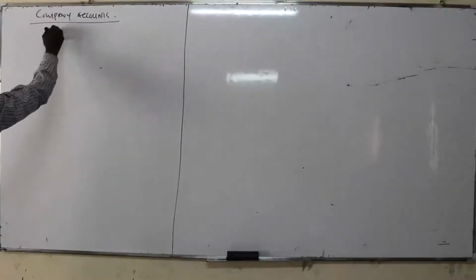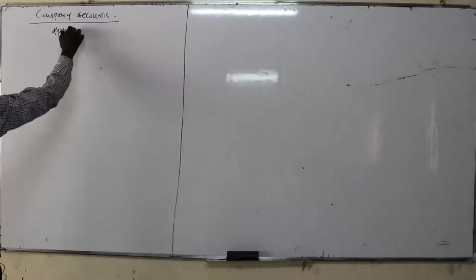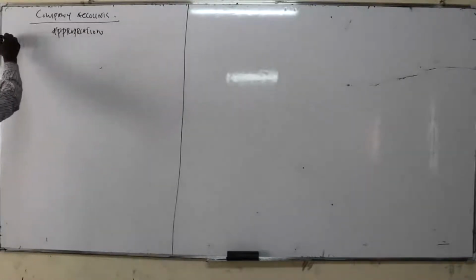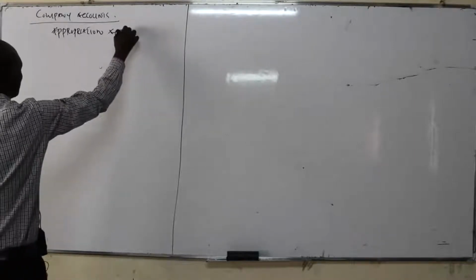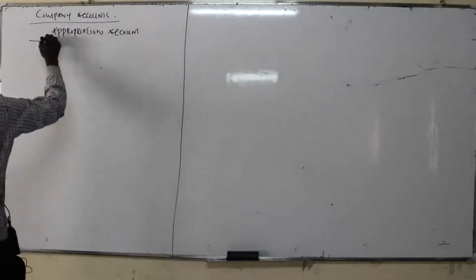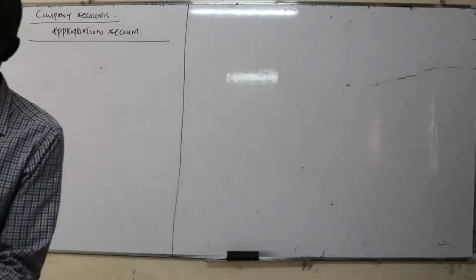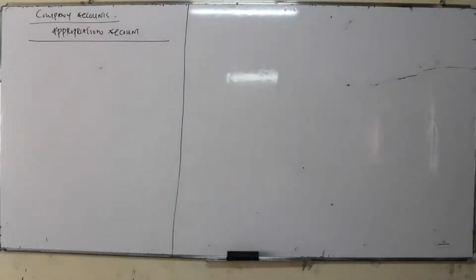So we had discussed it briefly, but we're going to repeat what we discussed, and then we'll do another question on it. So we said in addition to making the normal profit and loss account, you also need to make an appropriation account. So we also need an appropriation account here. You'll make the profit, then you'll come up with the income statement the normal way you prepare the statement